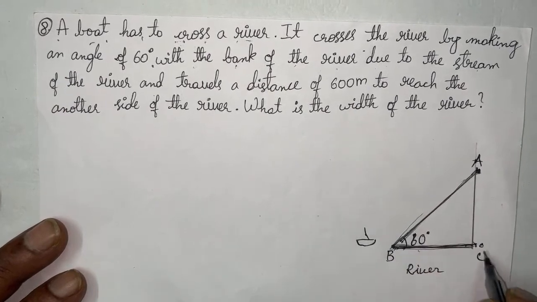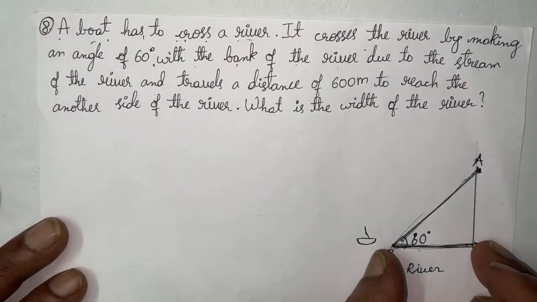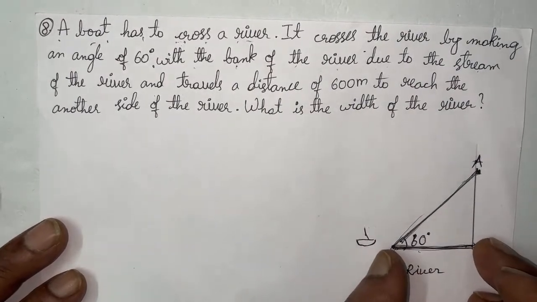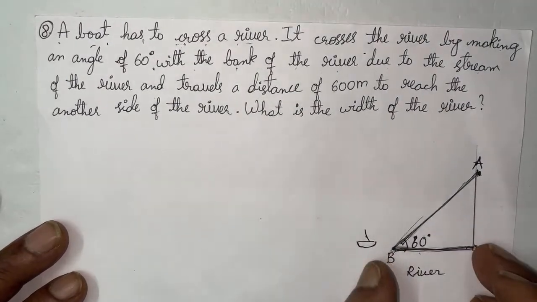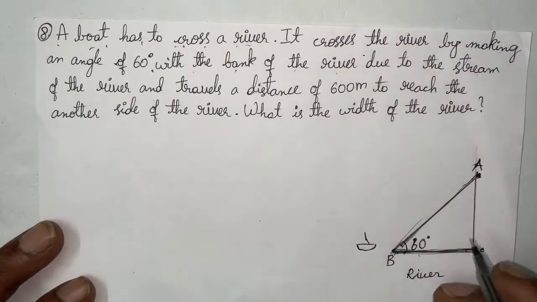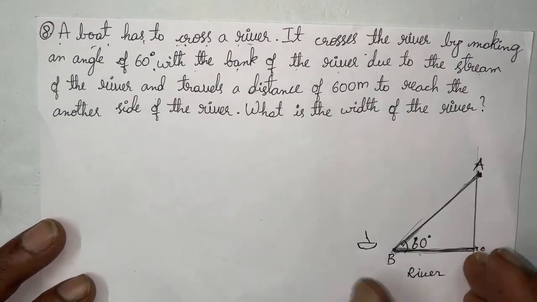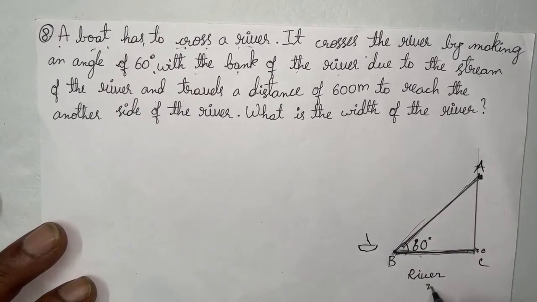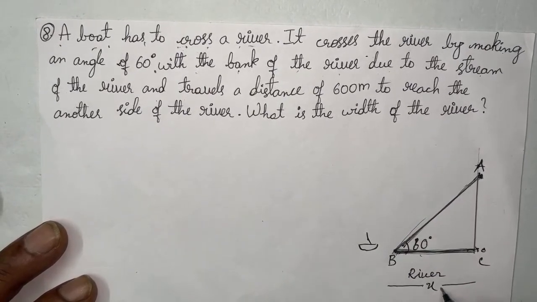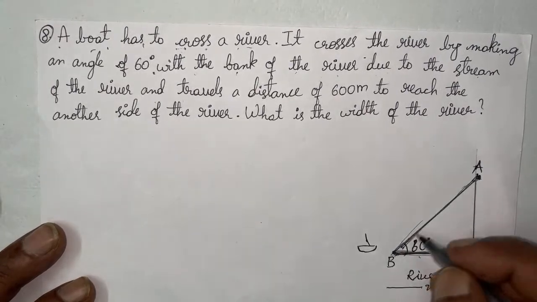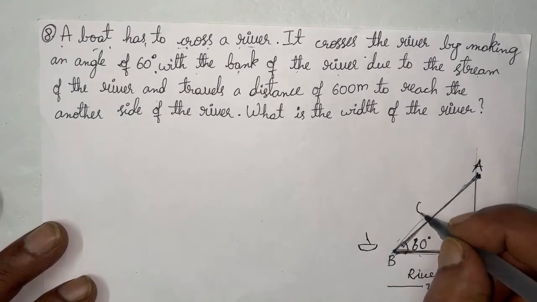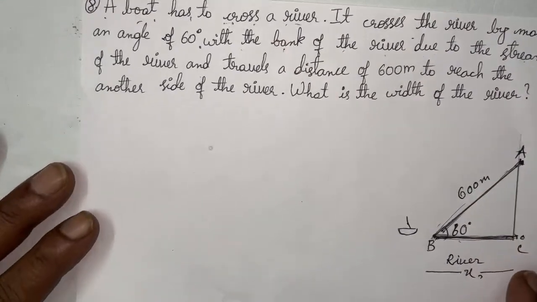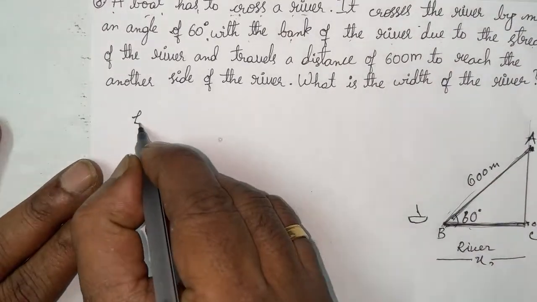Actually, it is not 600 meters. The width of the river is not actually that much. We have to find the width of the river, and we have to know how much distance he crossed, 600 meters, while trying to swim. So now here you see,